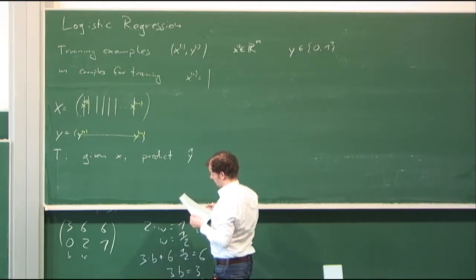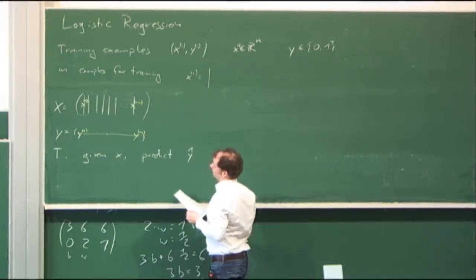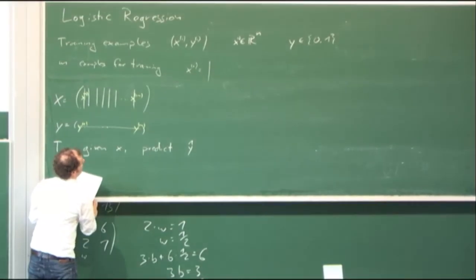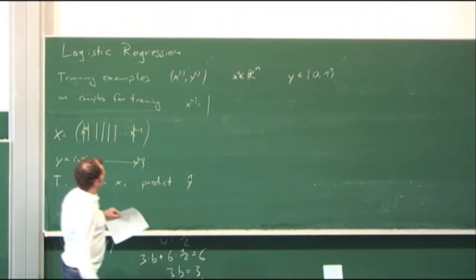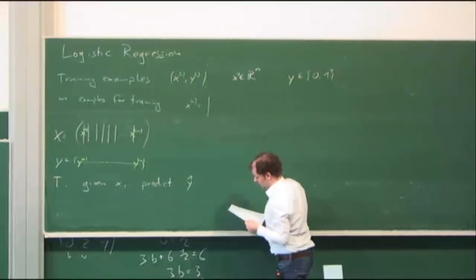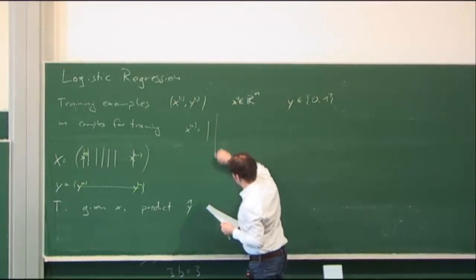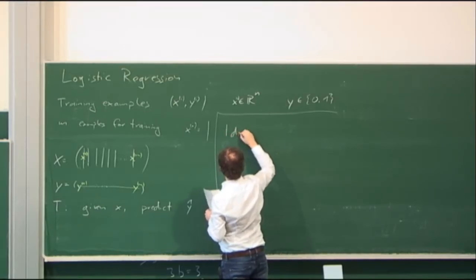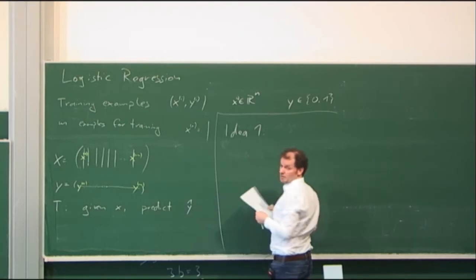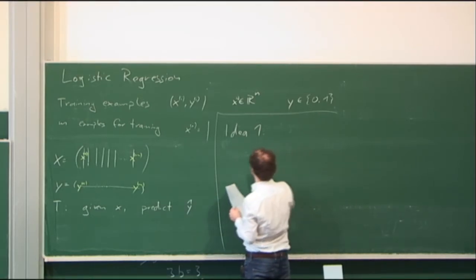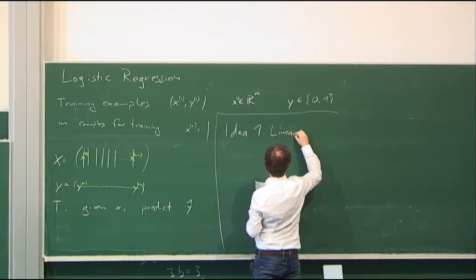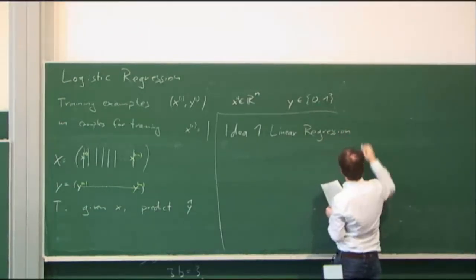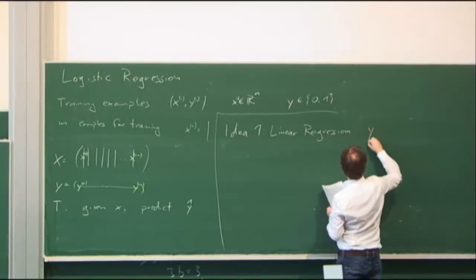And we will have a number of parameters for that. So the idea is the following. If we would like to do that with linear regression, we could try to do that with linear regression. So that's our first idea. Our first idea is to use linear regression because that's what we know. So here we say that y hat is,